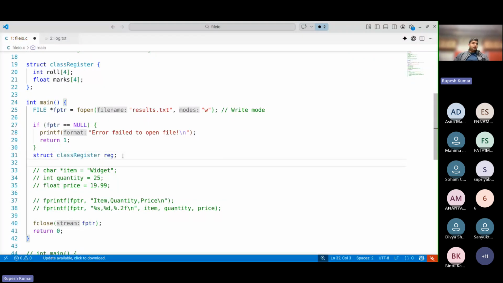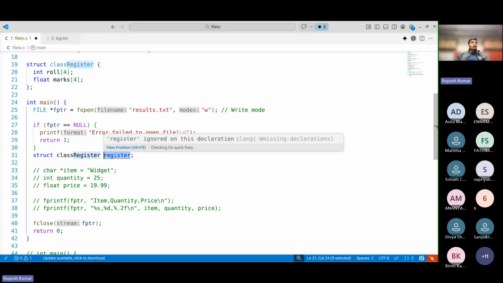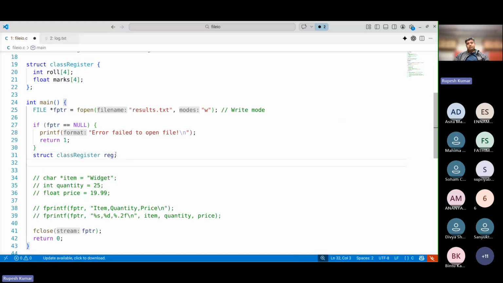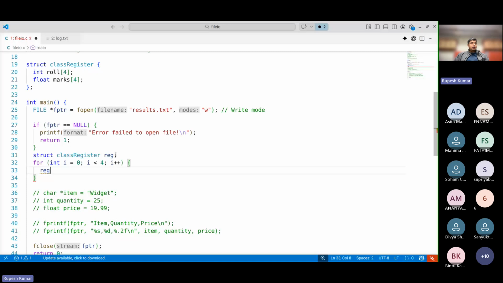Right. Now what I will do, so here you can see when I created the variable with name register, it's highlighted in blue. This is why, because register is a predefined keyword in C. So you cannot use predefined keywords in C for variable names, right? So I created a new variable reg, right? So now I need to assign the values to its variables. So right. So I can just iterate for int i equals 0, i is less than total number of students are 4, i plus plus, and inside the reg